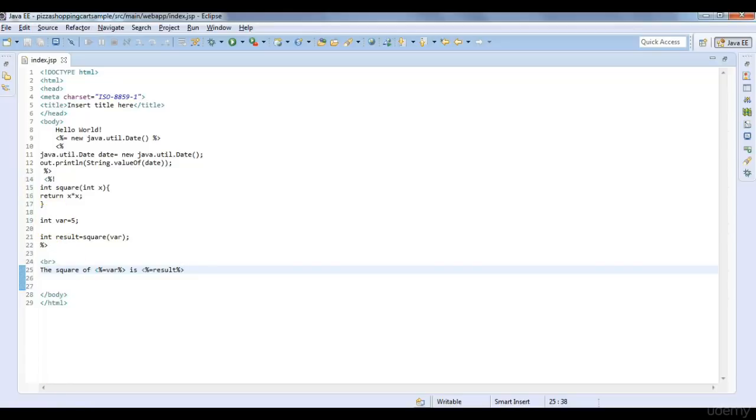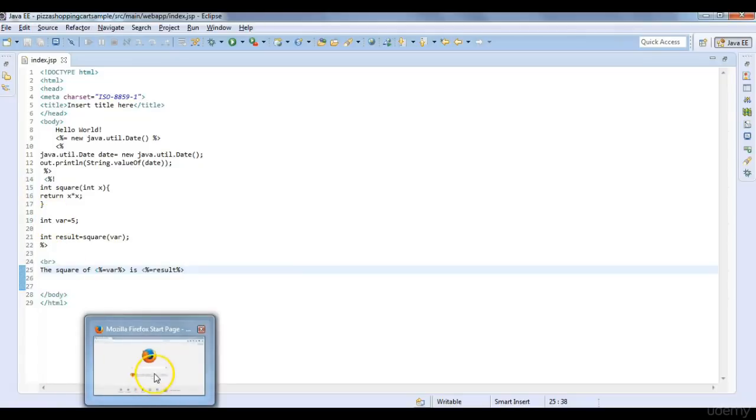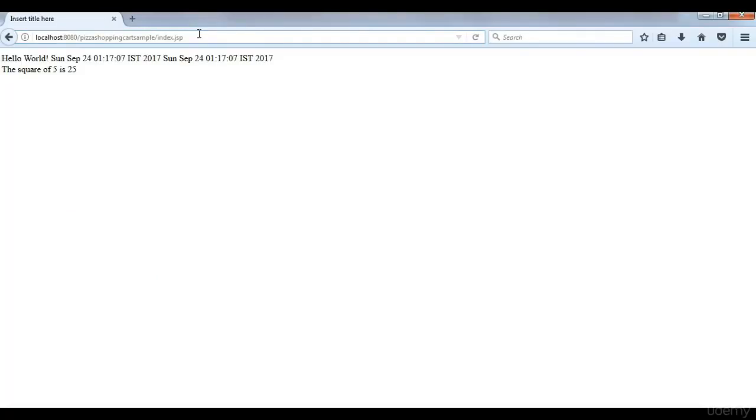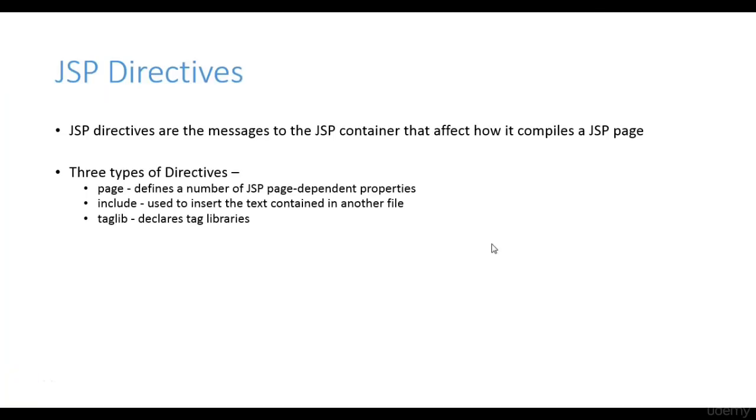Right, so now my JSP is created. Now I go back to the browser and reload the JSP, and we see here the square of 5, 25, is returned. Now I'm back to the slides